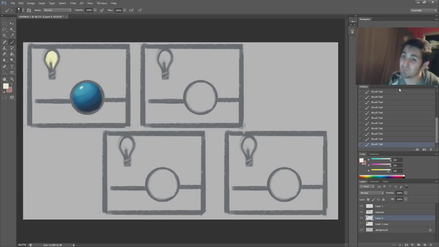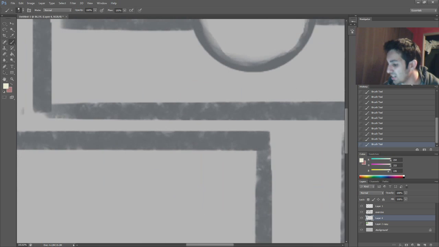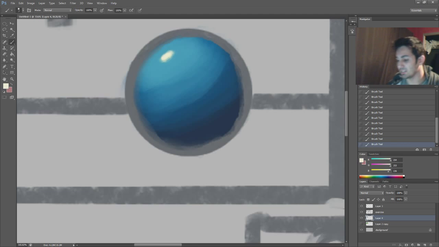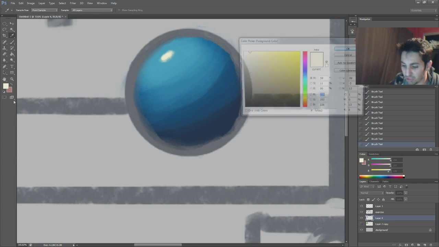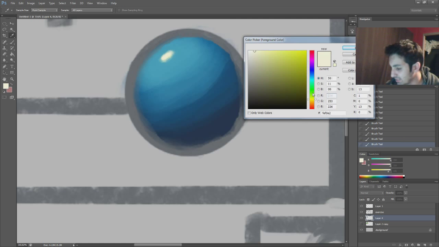So let's think. So this line here, let's think of this as a table. Let's try to think of a color this table could be. And I'm kind of thinking let's go with a green. I think green would be nice. Kind of like a dark, again,